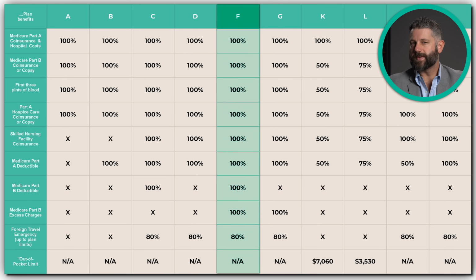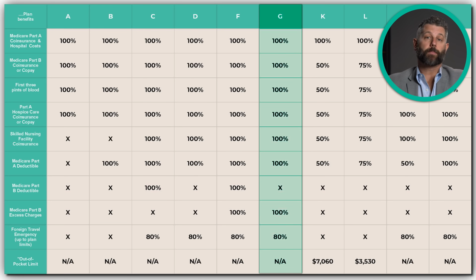Plan F was previously the most popular plan, as it covered all 6 original Medicare gaps until it was phased out for anybody becoming Medicare eligible after January 1st of 2020. This means Plan G became the most comprehensive coverage for those who don't want to take on any risk with their medical costs. Plan G covers 5 of the original gaps, leaving you responsible only for the Part B annual